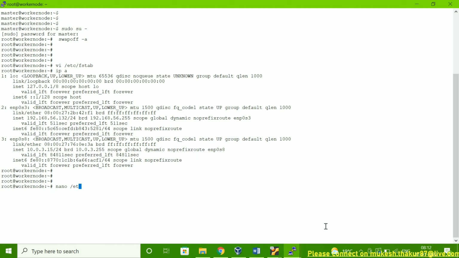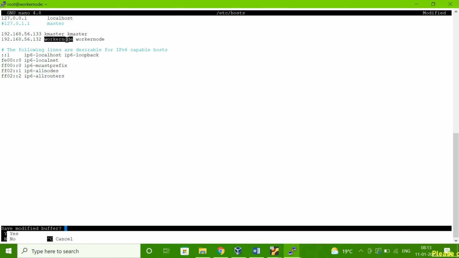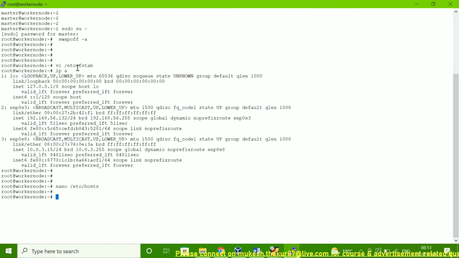Here also we can use this file editor. So here you also have to set the same thing, because the nodes should be able to communicate with each other, otherwise it will create a problem. Okay, fine.